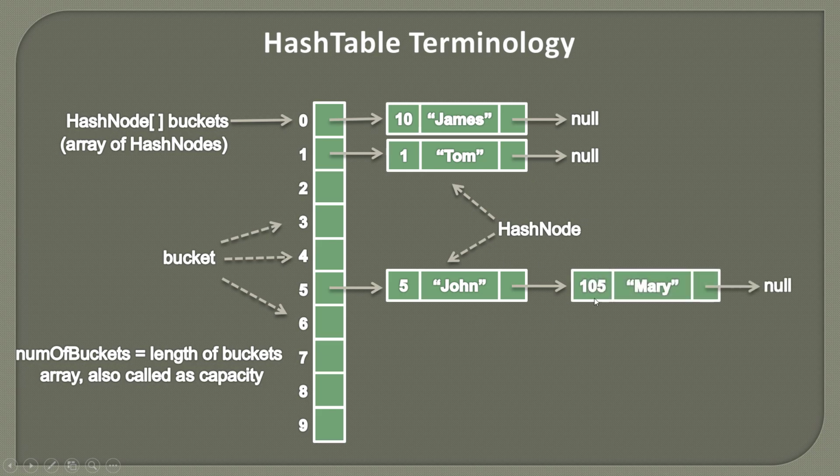Now let's say we want to store a key of 105. When we divide 105 by 10, we get remainder 5, which is the value returned by our hash function. If we go to index 5, we will see that there is already a value, so there is a collision. In order to resolve this collision, we take help of hash nodes, because the third data member is nothing but a reference to the next hash node. So we can use the next reference to store this key value pair, which also corresponds to the 5th index.